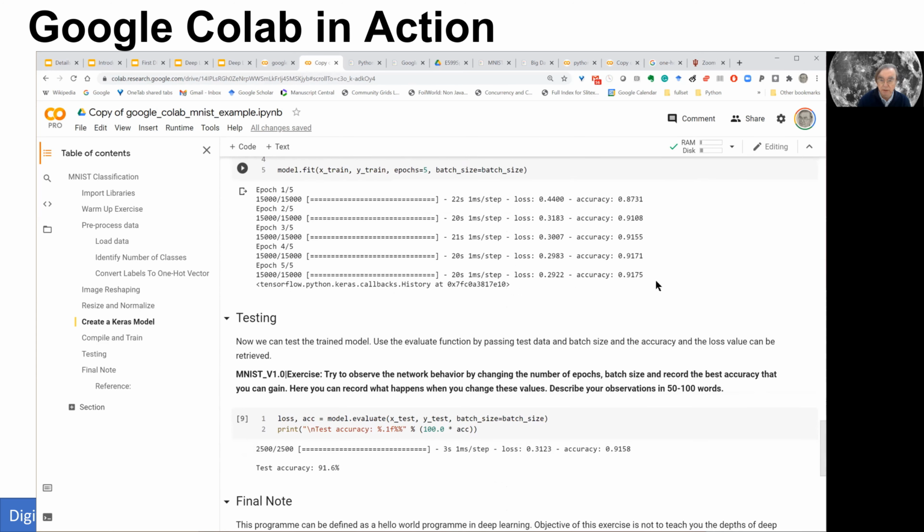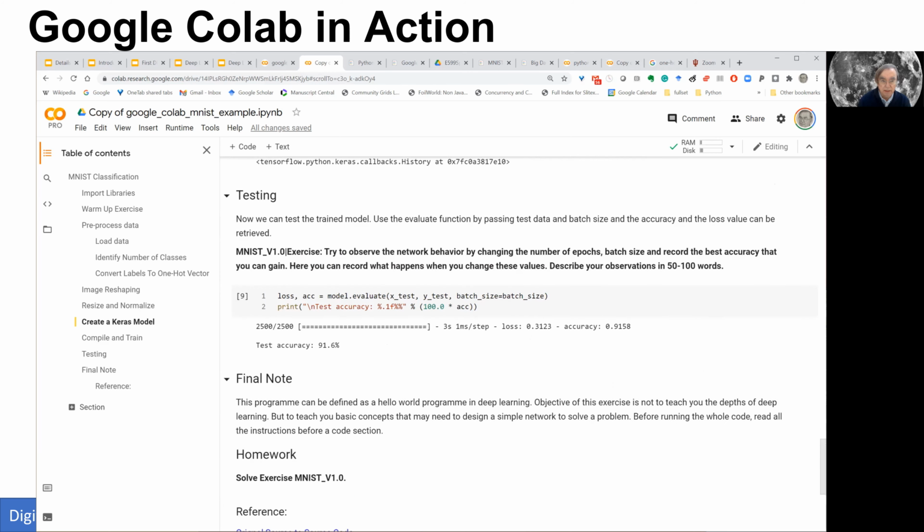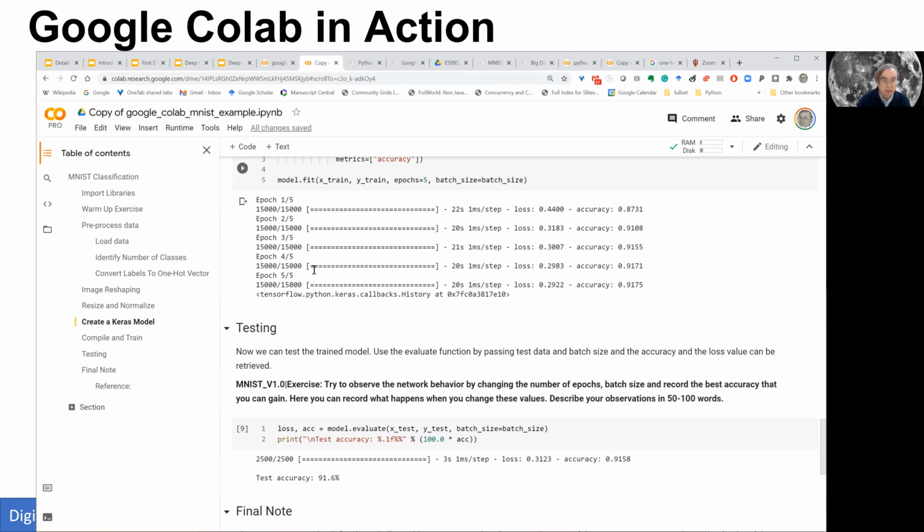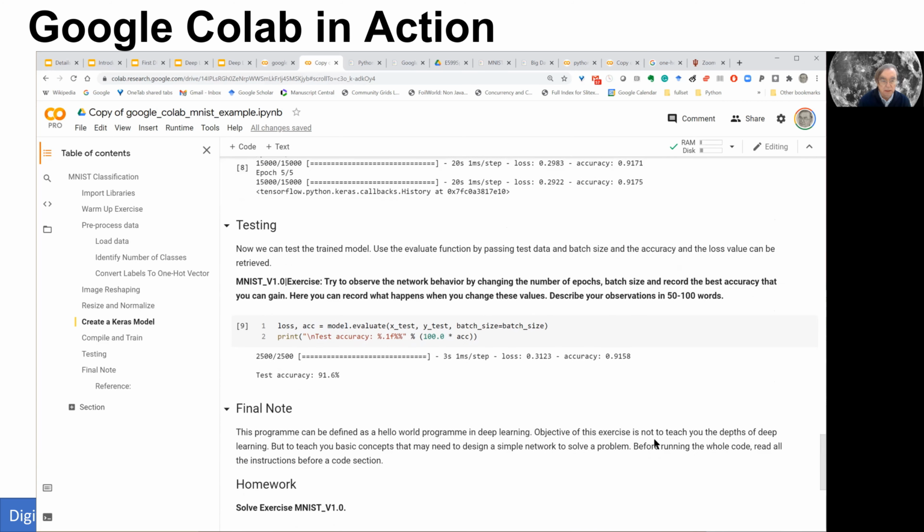We've got an accuracy of 0.975 here, and that's on the training set, which has 15,000 batches each epoch. There are 4 images per batch, so 60,000 members. The test data set is 2,500 batches, 10,000 images. And you try to train it on one set of images, and then you test it on another,